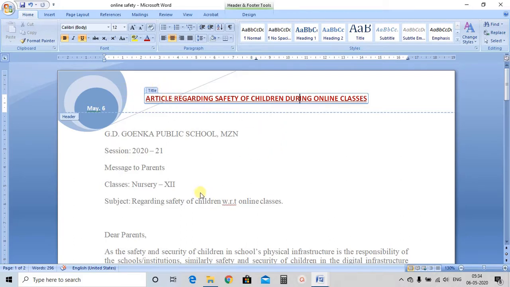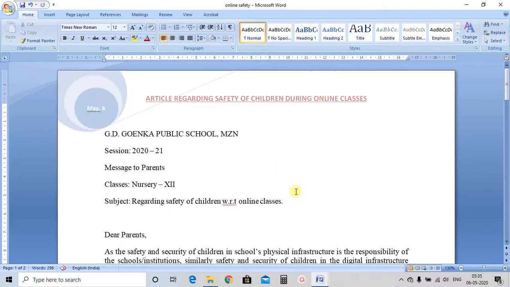Now see, after adding the header part, you will find that this particular text portion, the workspace, is deactivated, meaning you cannot write anything here when you just click. So what you have to do is double click here to come out from the header portion to the main body text. Just double click and it will get activated again.